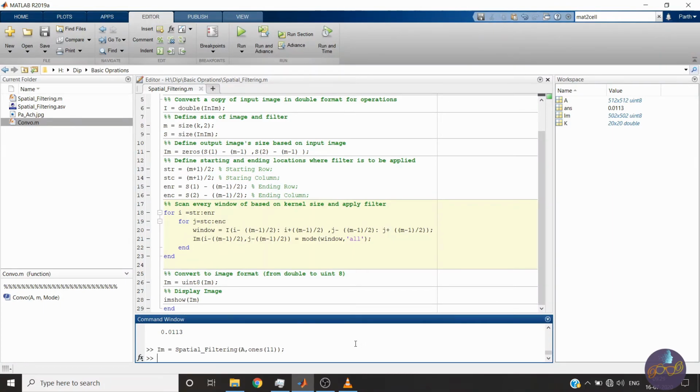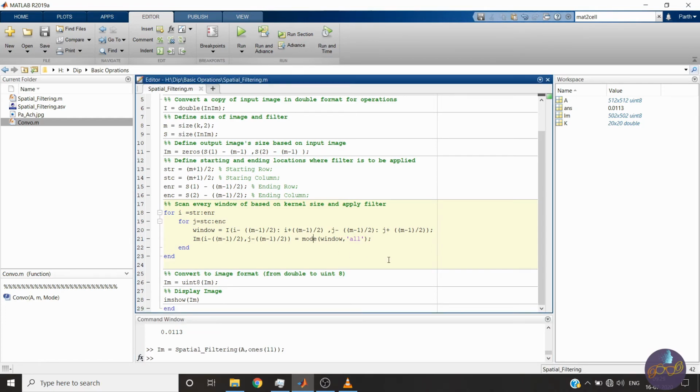Now let me tell you that difference. I'm writing sum here again so that it can be used. Now let me tell you the difference between convolution filtering and correlation filtering. The only difference is the kernel will be rotated 180 degrees before applying.